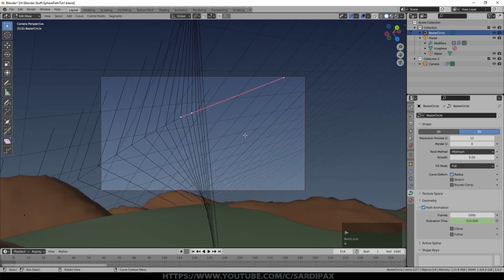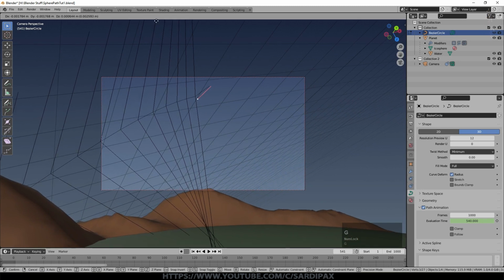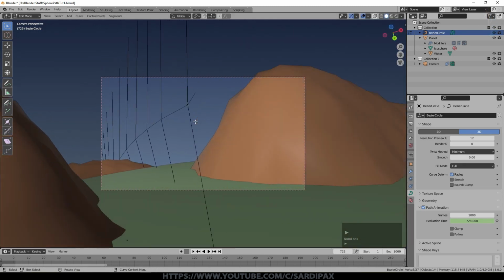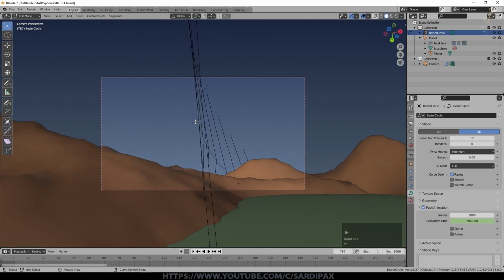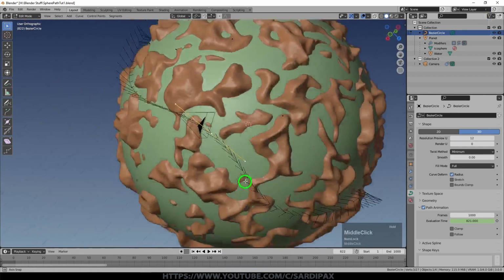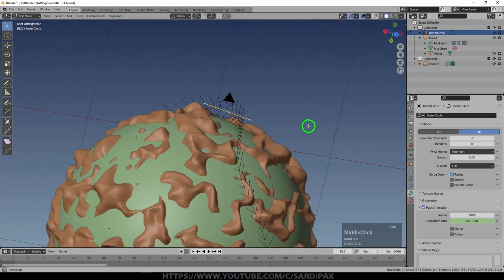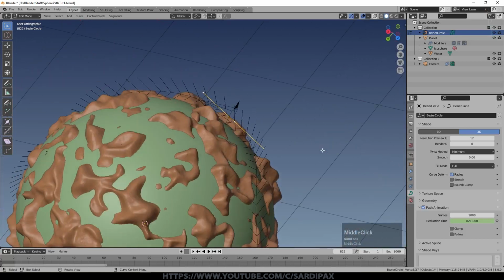Basically, you don't want the camera looking at the sky for too long, otherwise you haven't really got anything to look at. And you don't really want it clipping by going through the terrain either. So just to recap, select each point ahead of the camera that you need to, move it around a little bit so that it avoids the terrain, and then do the same as the camera goes through.